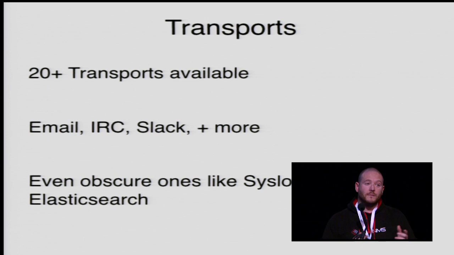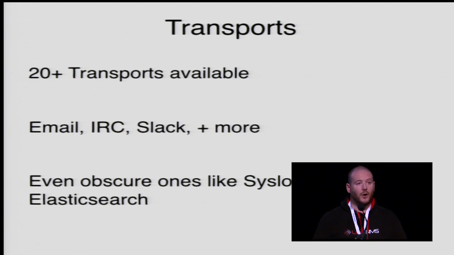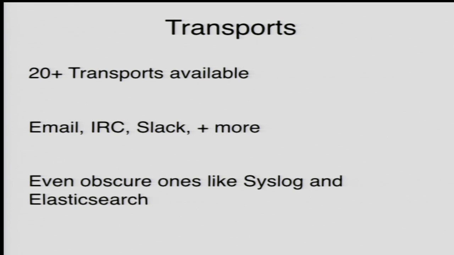Obviously, how do we then get these alerts out to people? We utilise something called transports. These, again, are user contributed a lot of the time, and we're running just over 20 available transports. It includes your typical ones, sending notifications out via email, IRC and Slack nowadays, but we do have some real obscure ones that people have come along and added, so sending your alerts into Syslog or Elasticsearch directly,